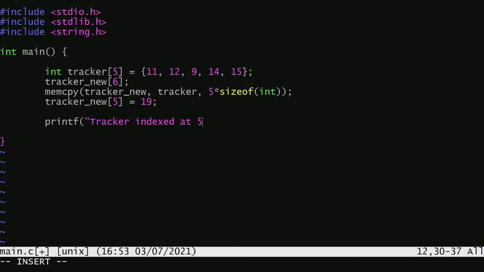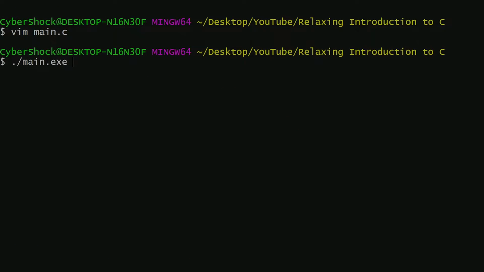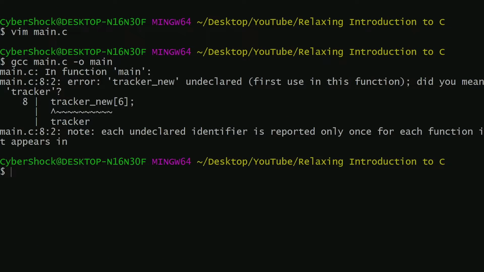5, which would throw us an error, okay? Because we only have 5 elements in tracker, and if we try and index to 5, that's the 6th element in the array, starting from 0, that would throw us an error. So if we do tracker 5, that should throw us an error, okay? So let's compile that code, and